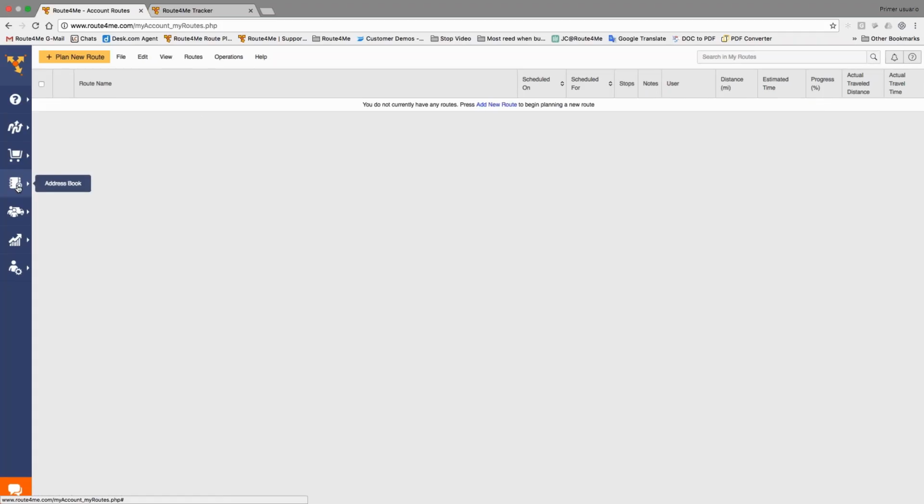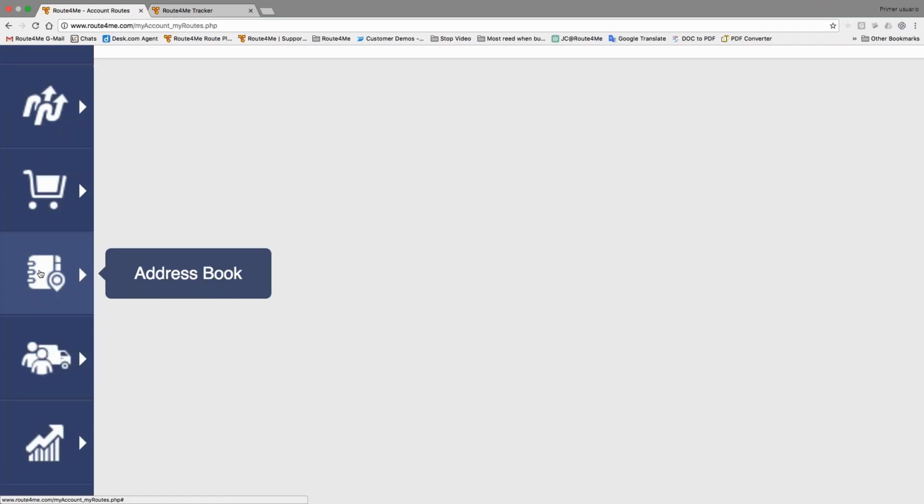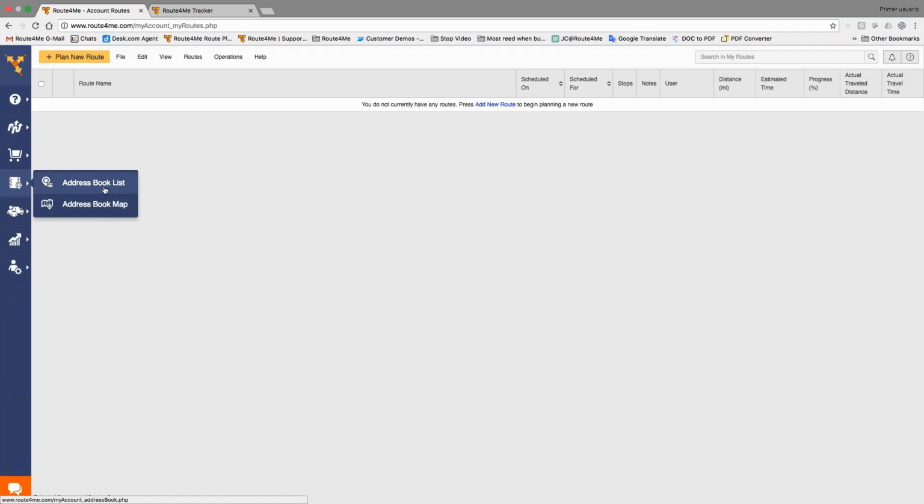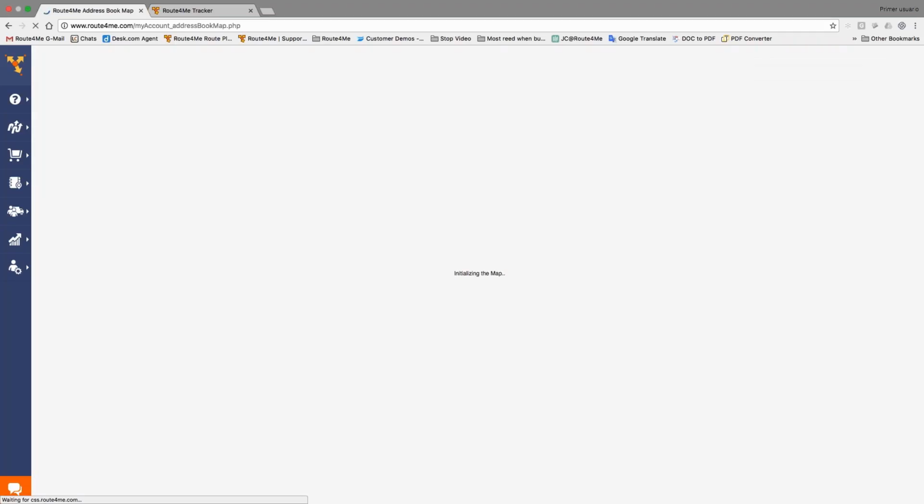That's on the left-hand side on the main menu. You can use an address book list or an address book map, okay? And from here, you're able to basically manage your customers